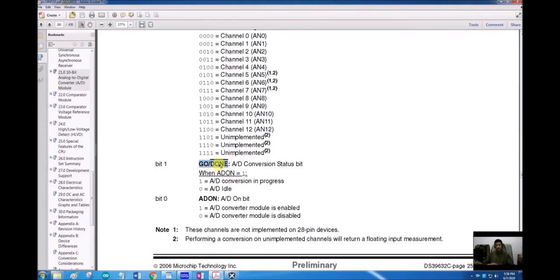And also, just like other peripherals, ADC also has an interrupt enable. So we don't have to manually check this pin. We can enable an interrupt for ADC, and the interrupt will check that pin for us and will raise an interrupt flag, that is the ADIF flag, and we can go to the ISR once the conversion is finished.